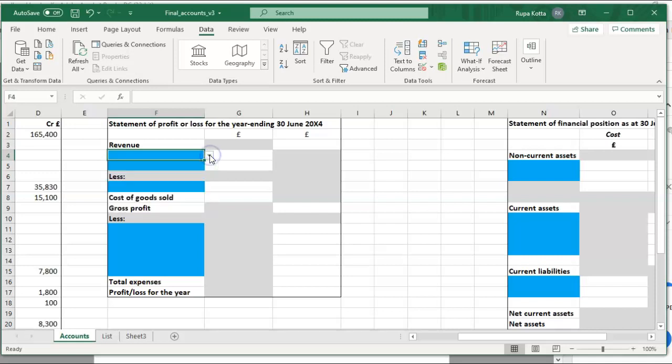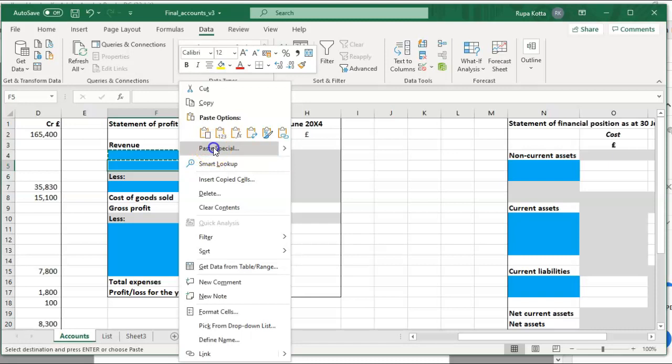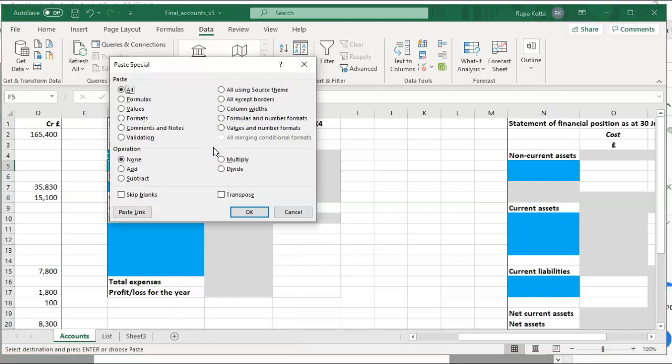So when you are preparing your SPL, rather than entering the items, opening stock, purchases or whatever it is, you select those items from here. They want you to create this list in all the blue cells. It's easier to copy paste rather than create this data validation again and again. So go to the first blue cell where you did the validation, Control C, right click, paste special and paste validation. You're not pasting any formulas or any values. What you're pasting is the validation.